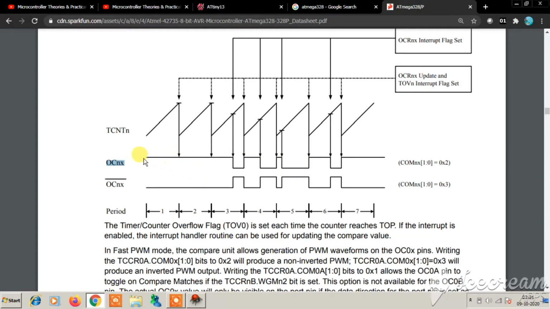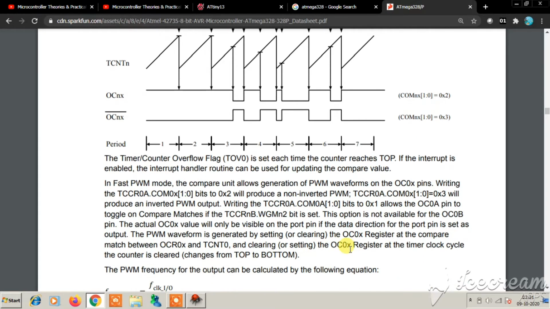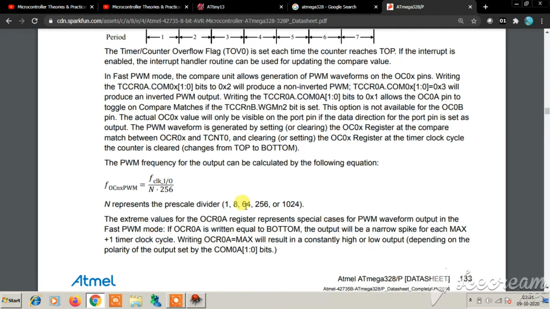So you are achieving the varying duty cycle by entering different values into the output compare register. You just need to set various values at the output compare register to get various duty cycles to achieve the PWM signal. So I think this timing diagram is actually clear to you. This diagram is very important to understand this theory. Also, you can read all this theory here. You can understand it better by reading the theory always.